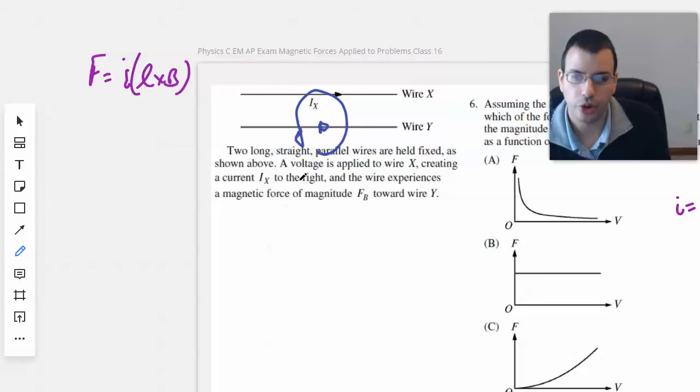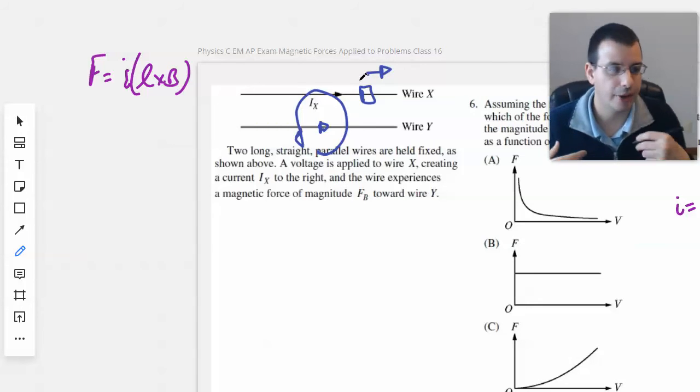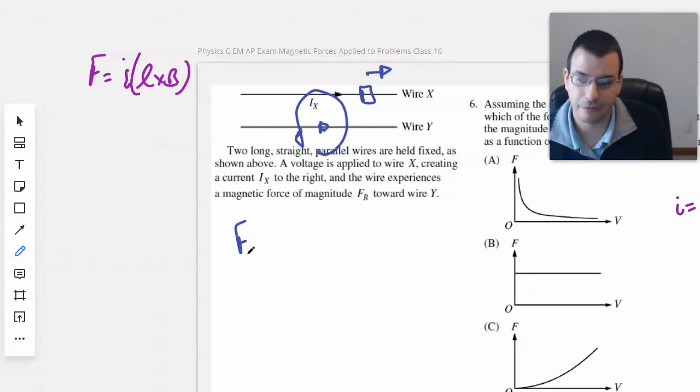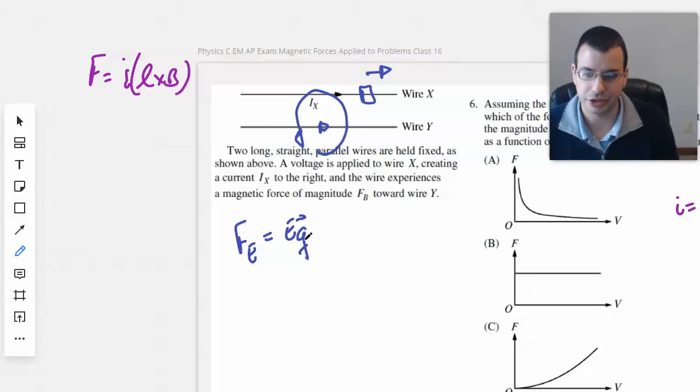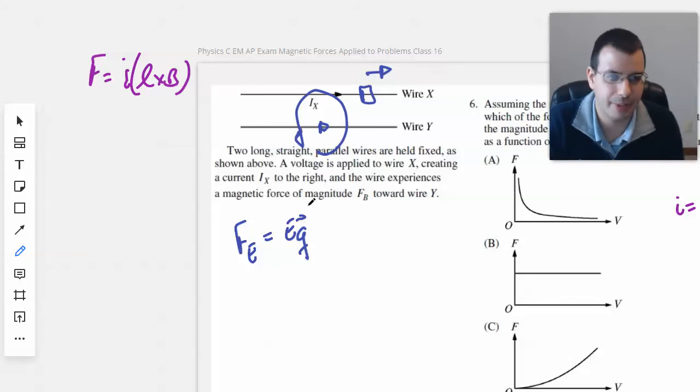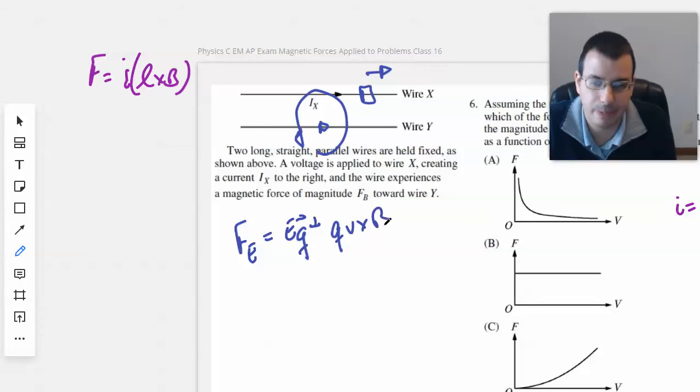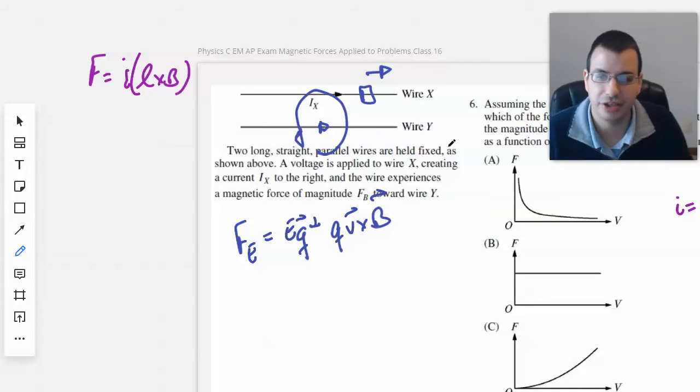So if we look at each individual piece of current that's moving, current implies positive charges moving in the positive direction, even though in reality it's negative charges moving in the negative direction. So if we look at the force on the individual charges, the electrons, or we'll call them positrons this time, they're not positrons, but positive charges moving in the positive direction, plus QV cross B, what we have is